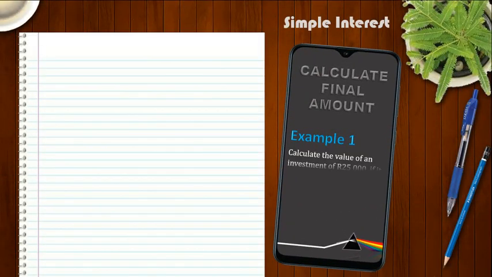So in the first example, it says calculate the value of an investment of 25,000 Rand if it is invested for 8 years at 16.5% simple interest. So this is a very straightforward question. Now, before we get started, what's very important in finance is that you read carefully. And since they say simple interest, we know we're going to use the formula A equals P(1 plus